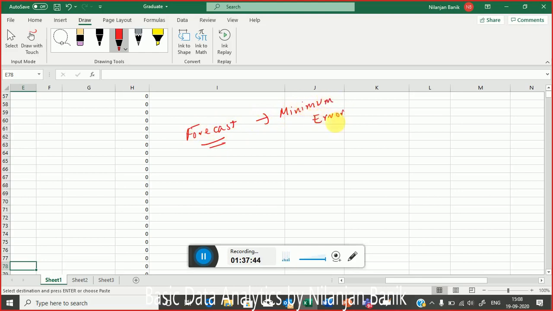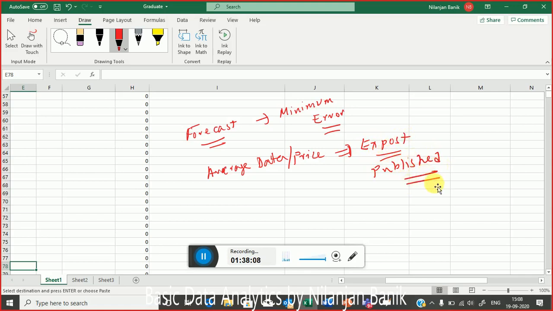Okay. Correct. Now, आपको क्यों मेरे को पैसा देना है? If I can do my forecasting just by taking the average तो कोई भी ले सकता है. Because these data are average data or price. These are exposed. Exposed मतलब already it is published. Available or published. So a class, I think average comes in class 6 or 7, तो क्लास 6 का एक बंदे को पकड़ के मैं बोलता हूँ, बेटा तुम एक काम करो, ये डेटा है, इसका तुम एवरेज लो और मेरे को बताओ कल क्या प्राइस होगा.